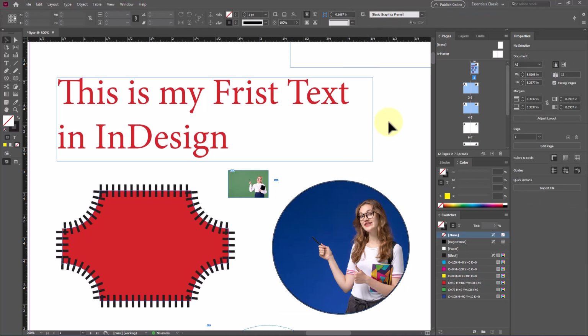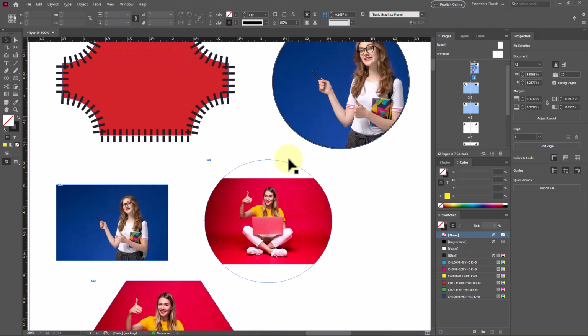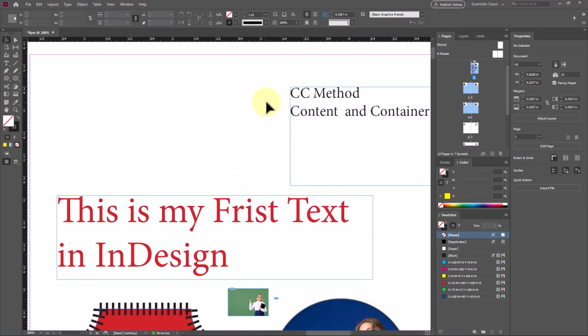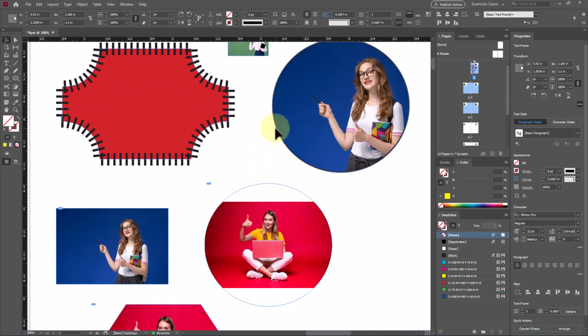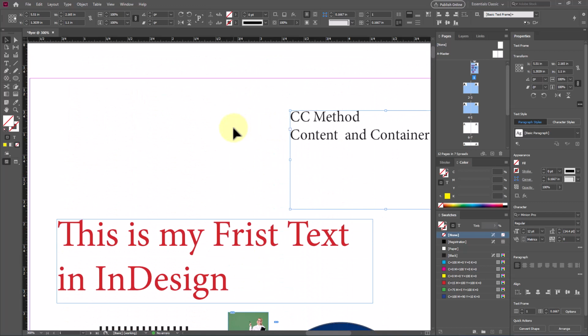Whichever frame you have selected in the design acts as a placeholder, so it will replace your existing content. Many times students make this mistake, they have selected a frame and inserted a picture, then ask where is the content we wrote. Alright, so that's how you can start your project in InDesign, by doing page setting, by doing